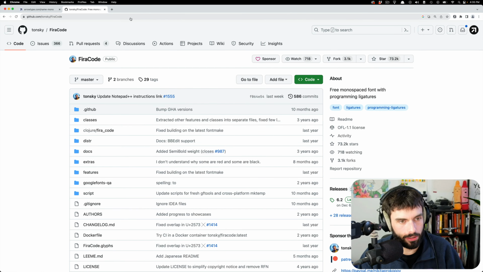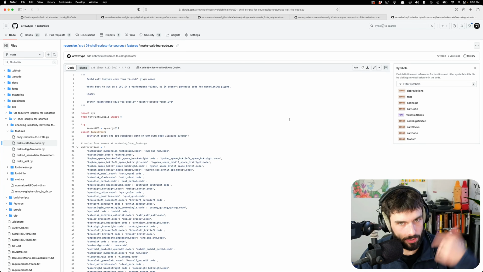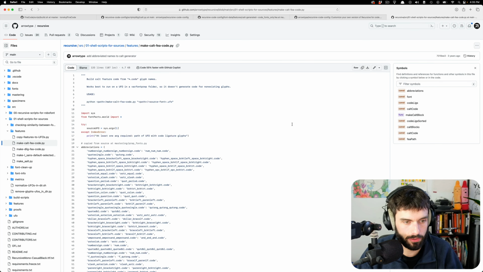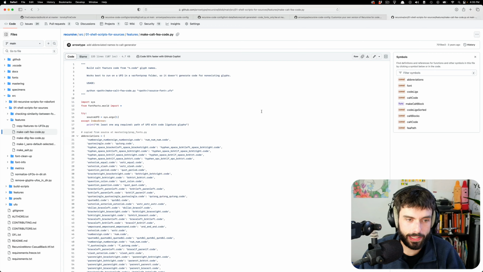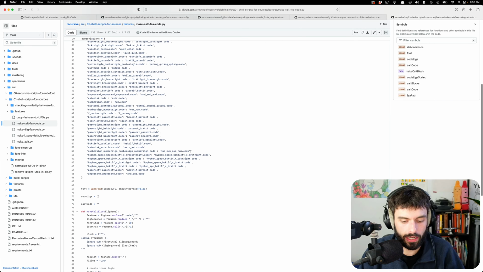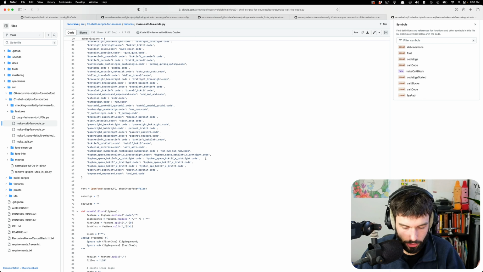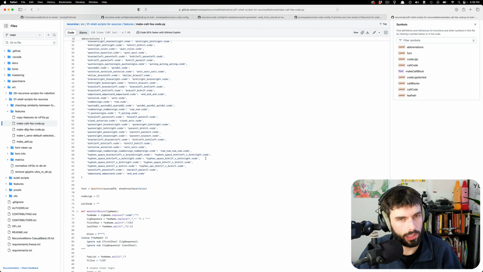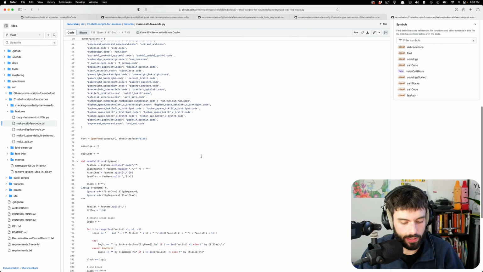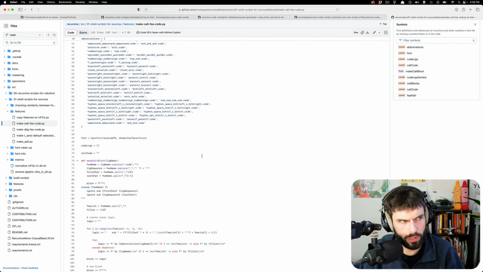I did make code ligatures for a previous project of mine called Recursive. It's another font for code, and if you haven't seen it or tried it, you should totally go try it out. That is to say, I figured out some of the problems before and came up with solutions that worked for me. And credit again to Tonsky for explaining some of these solutions. I didn't use code, I don't think, from the Fira Code project, but I did use it as an example